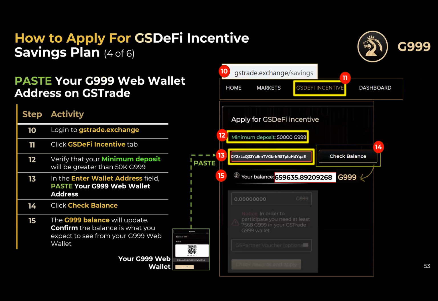Now you want to go to your GSTrade, and instead of going to dashboard, you're going to click on GSDeFi incentive, because this is where we're going to activate. Make sure we've got the minimum deposit. We're going to make sure our voucher is ready, and that we are putting in the address of our web wallet so GSTrade knows where to send our rewards every